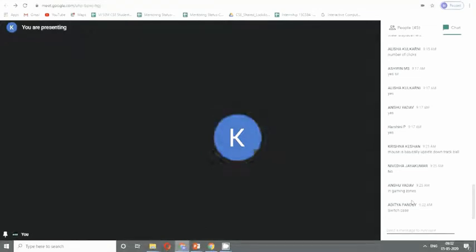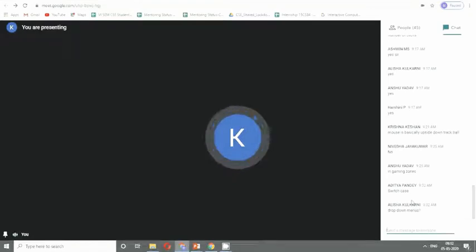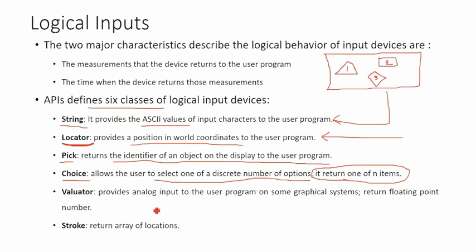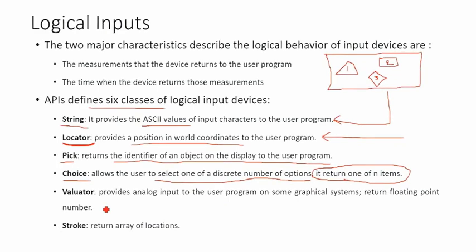From the user side, switch case, okay, good to an extent. Drop down menus, yes, drop down menus, correct, Alicia. So basically we would have menus listing n number of items, and out of these n items we select one item, right? And that item will be returned back to your application program.